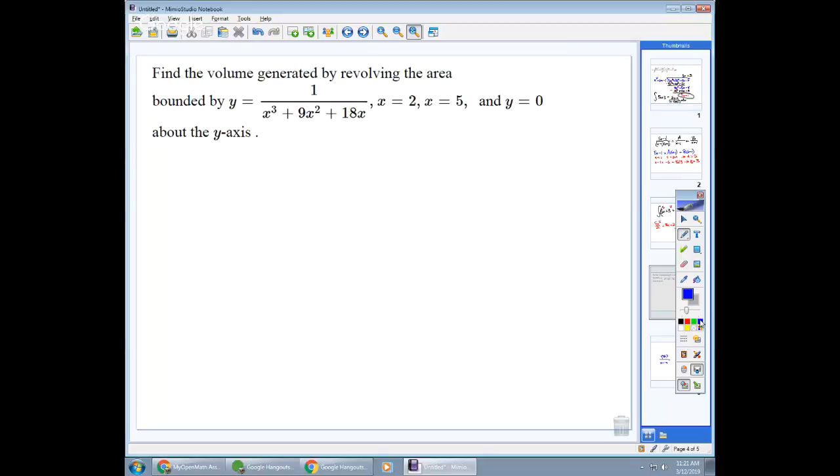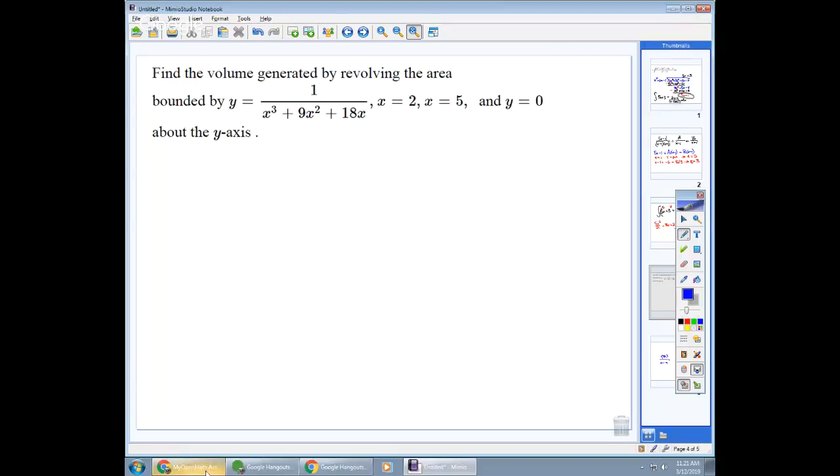Okay, so volume generated by revolving the area bounded by 4 different functions. So we definitely have to graph this to figure out what area we have, so we have the boundaries. That's like the hardest part of these problems. All right, so